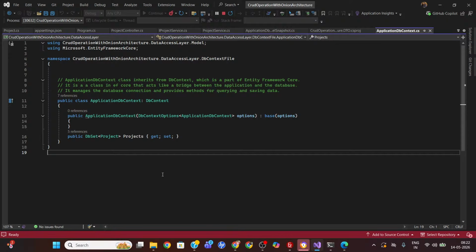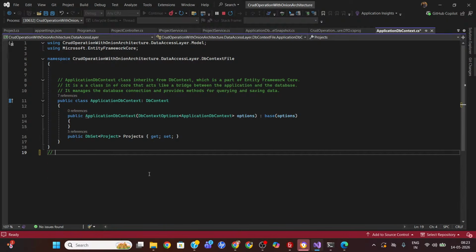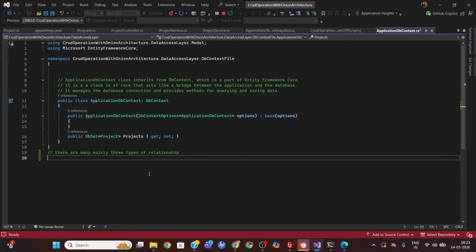Or if you want to make a relationship between tables like user and student, or employee. There are three types of relationships. One to one,